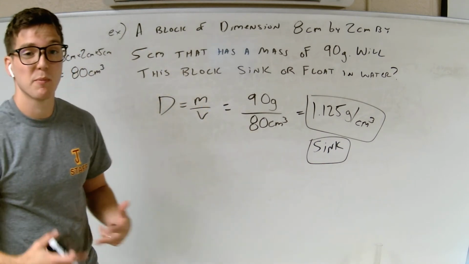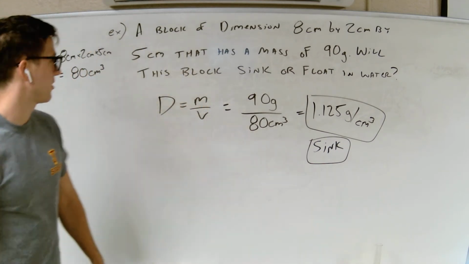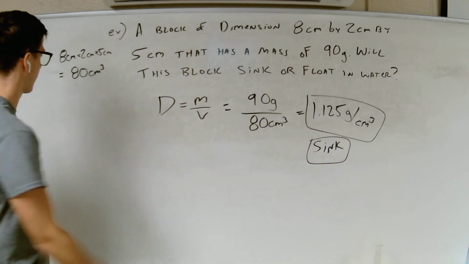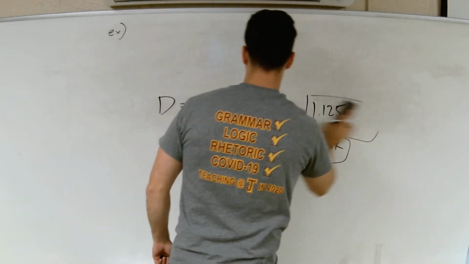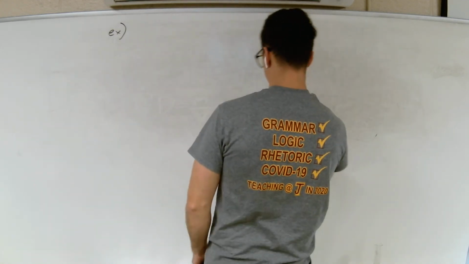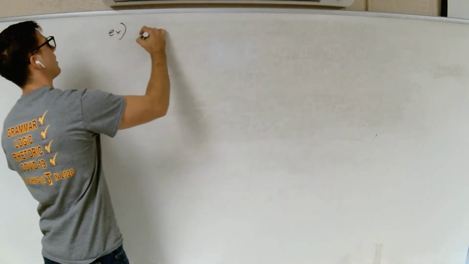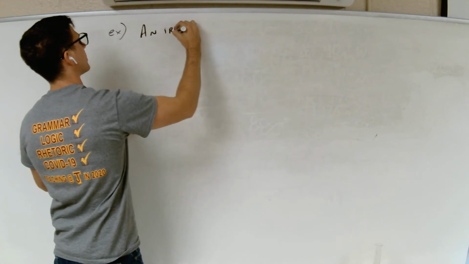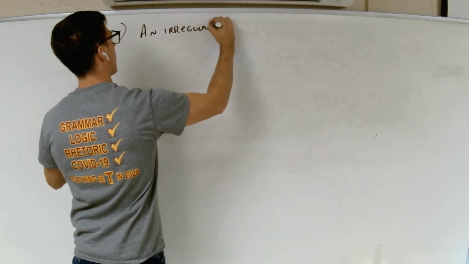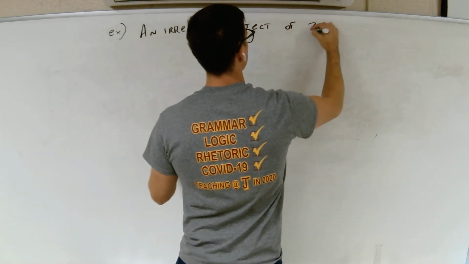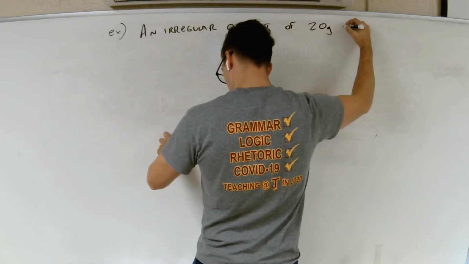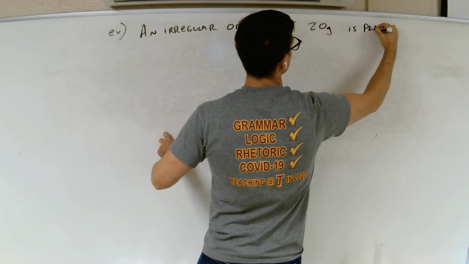Alright, last example I'm going to walk us through, and then I'll give you one more to try on your own, and that'll be that. Alright? I'm going to throw you something else a little different here. Okay? An irregular object of 20 grams is placed